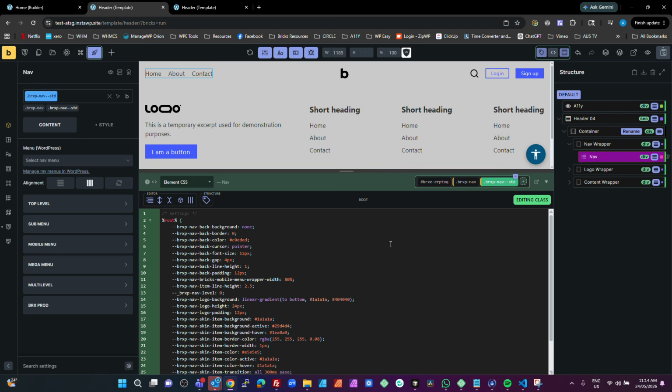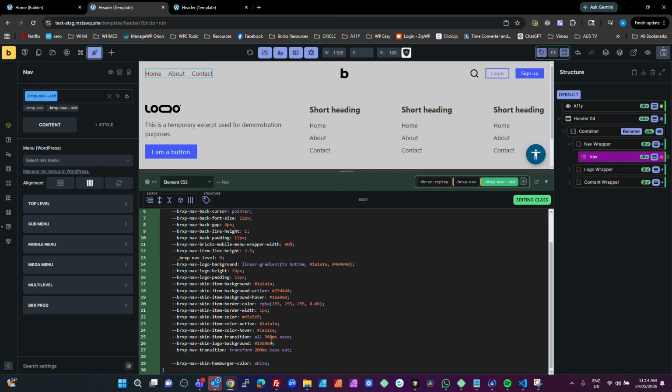So this is our standard, and then just override these variables here. And now you've got the nav with the override for your mobile menu. And if we have a look at that on the front end,